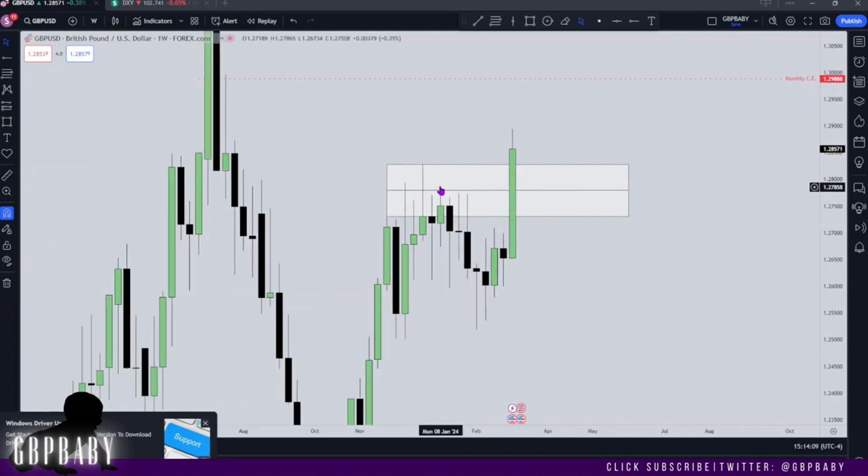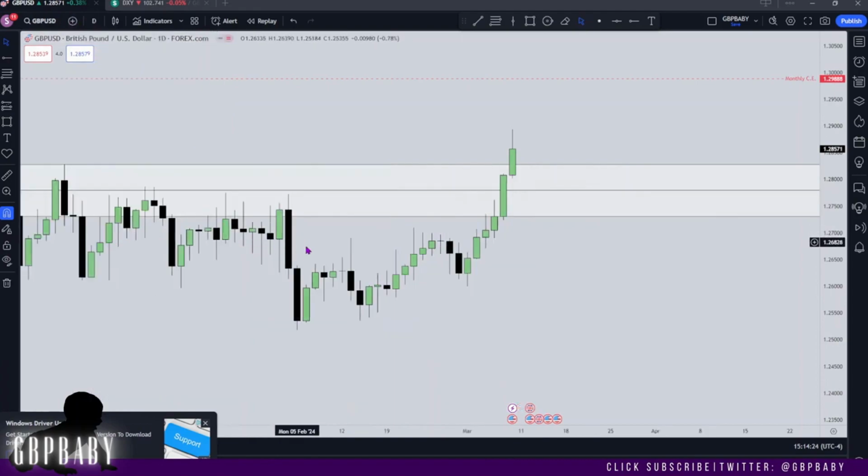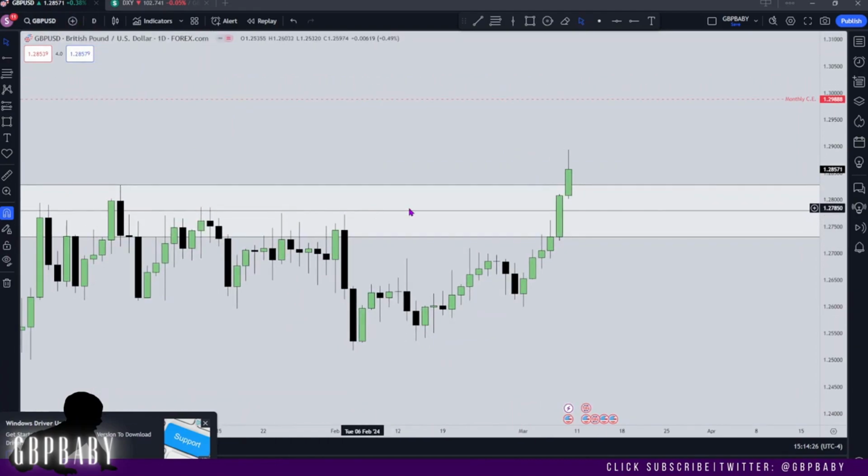So that's what I have my eye set on in terms of sell side for price to trade to, before then trading higher into last week's high, and again working its way into this range and potentially up to this monthly consequent encroachment. We'll go to the daily, and you'll see that high is right here,